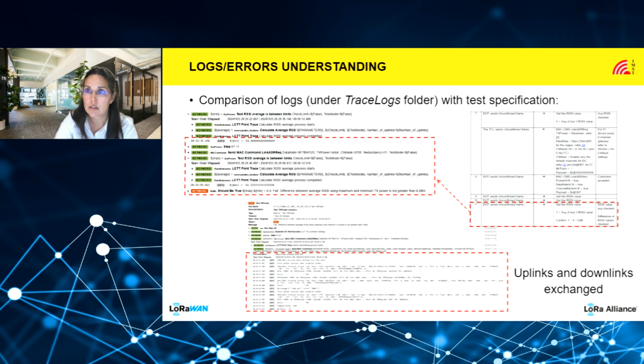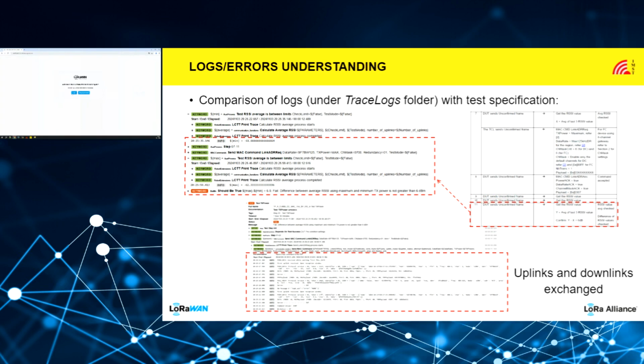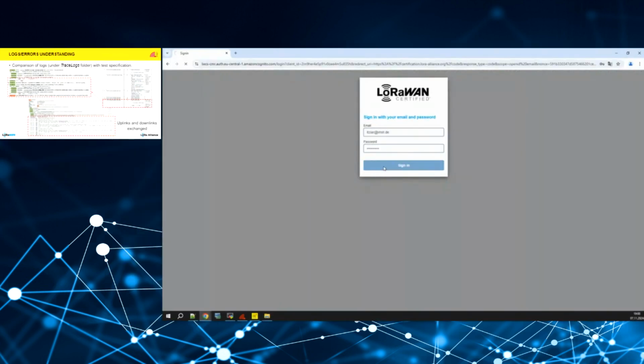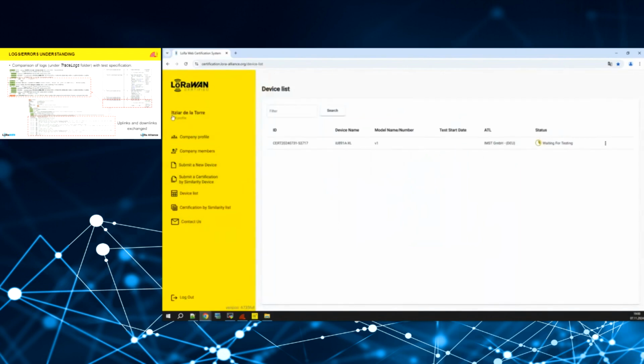So having said this, we can do a small demonstration of the system, just in order to see all these features. So this one is the certification system, where you could log in, sign,